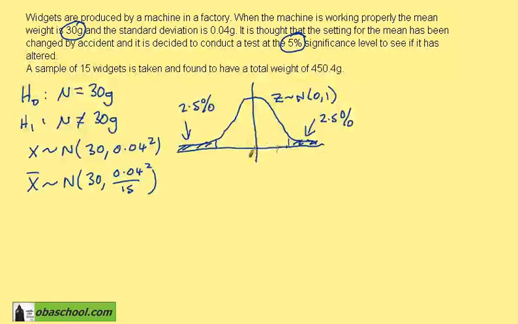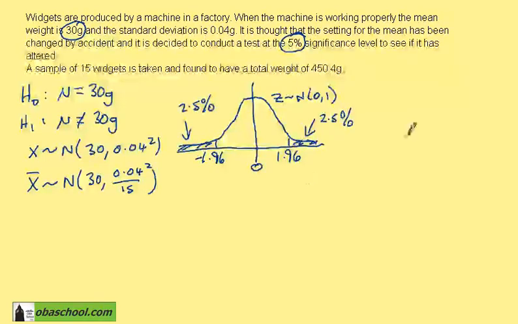And remember, normal distributions are symmetric, and the mean of this one is 0. From inverse normal tables, I find the value here to be 1.96, and because of symmetry, I can say this one is minus